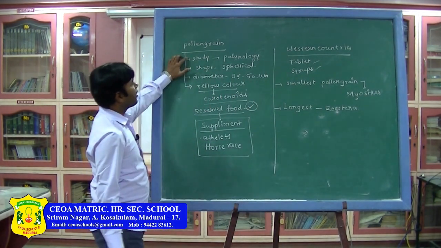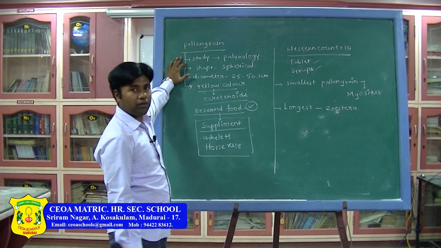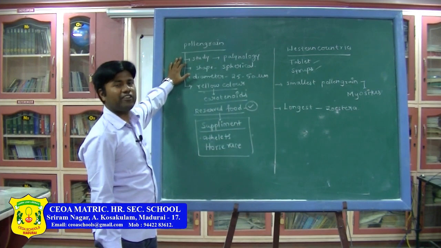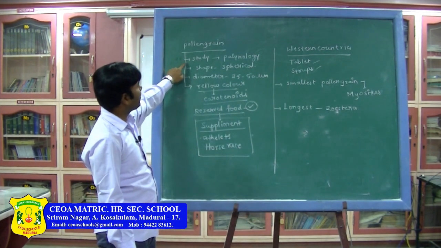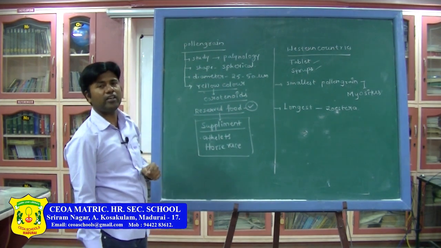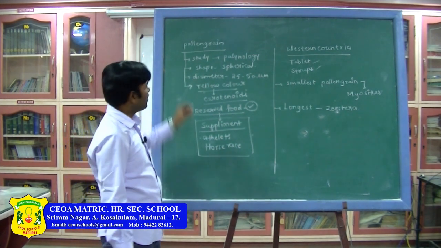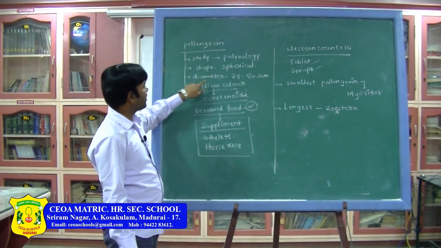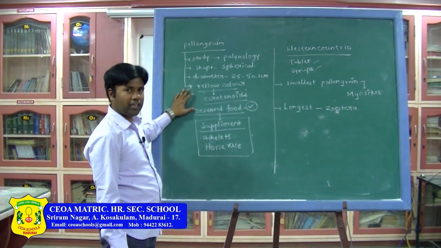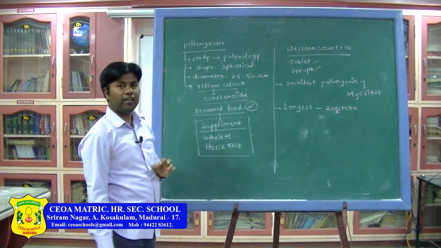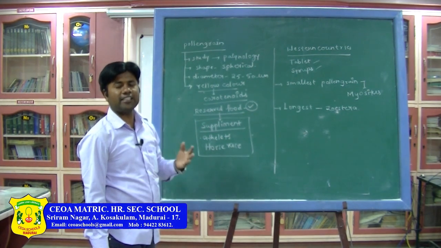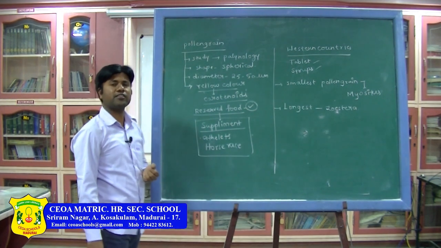Now, the study of the pollen grain is called palynology. Yesterday we learnt about embryology, the branch of science which deals with the embryo structure and its development. Today we are learning about palynology, the separate branch of science which deals with the pollen grain and its development. The pollen grain is spherical or round in structure. The diameter is 25 to 50 micrometers and it is yellow due to the presence of carotenoids. Yesterday we learnt that carotenoids protect from UV rays. That process is called the shield effect. That is the reason why pollen grains are used in the preparation of sunscreen lotions.